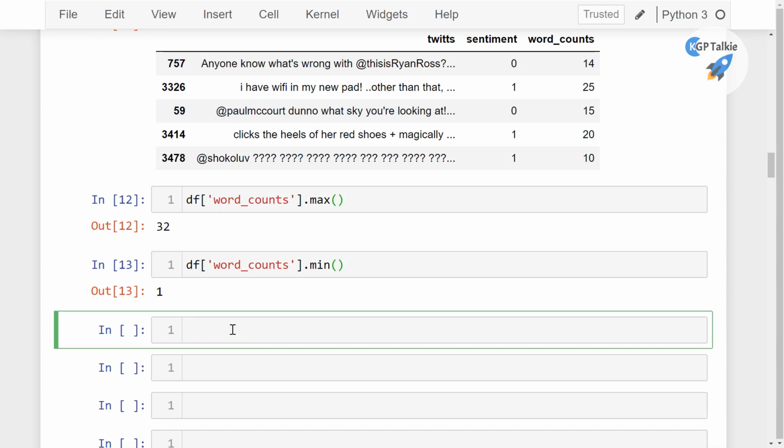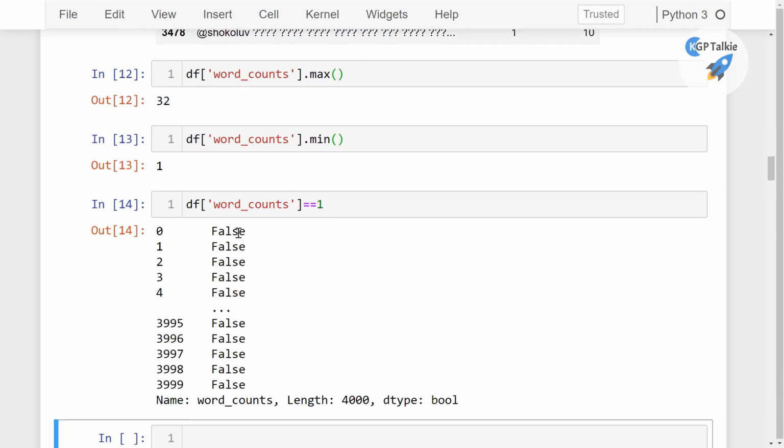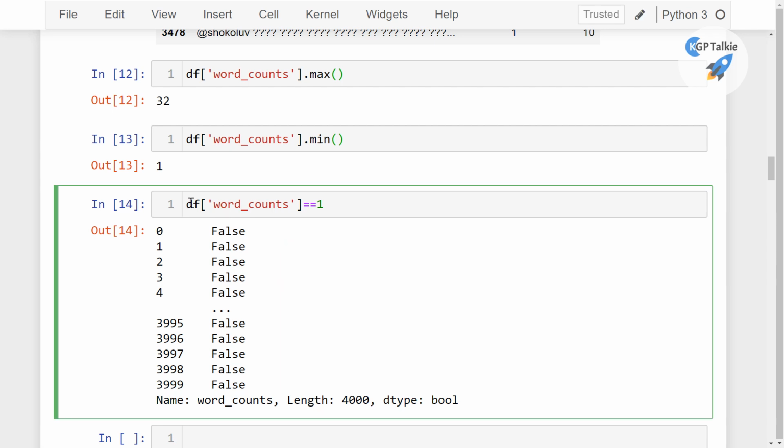And if you want to see which tweets have 1 word, then you can calculate that, of course, with the word counts. So this is word_counts equal to 1. In this case, you will get this boolean output, true or false. Then if you want to print this data, you have to pass this boolean index inside this df.